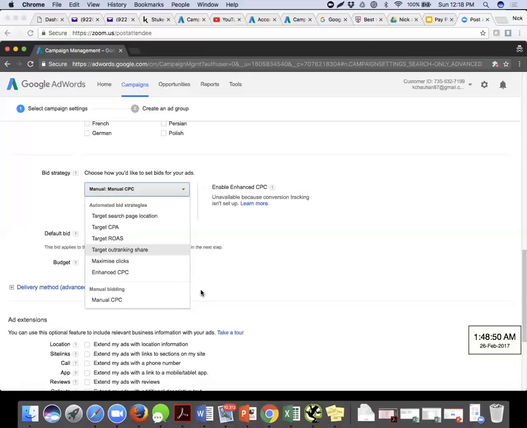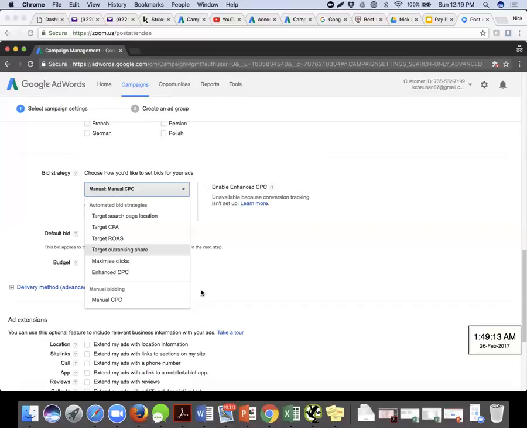Google doesn't really do that. In usual scenarios, Google is not able to, because had that been possible, everyone would have really gone for this. The other would have gone for this last option, which is called Enhanced CPC. And with Enhanced CPC, we are able to tell Google that the overall conversion cost should be this much.